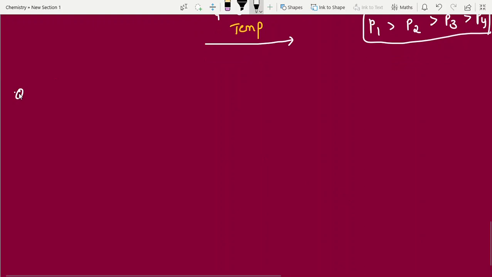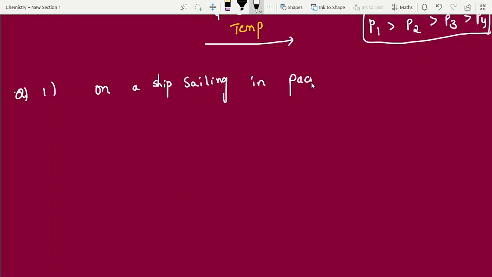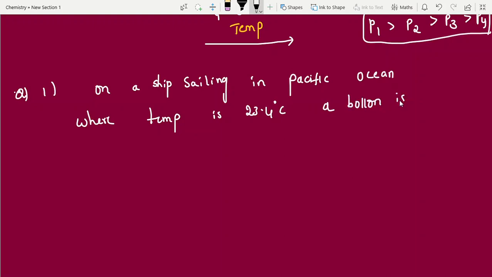What is numerical 1? On a ship sailing in the Pacific Ocean, where temperature is 23.4 degrees centigrade, a balloon is filled with 2 liter air. This is also an NCERT problem. What will be the volume of the balloon